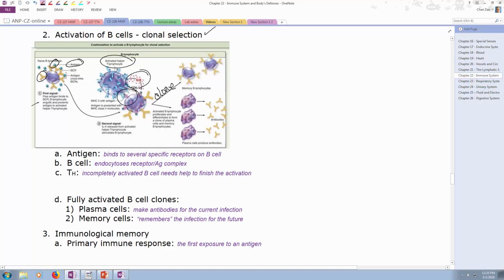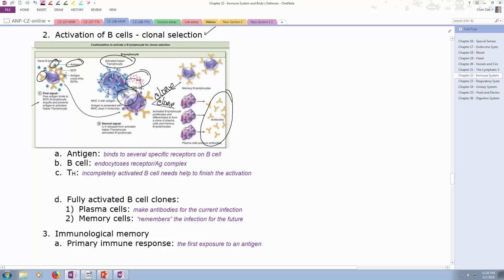Presentation, co-stimulation gives you cloning, and you clone into, well, there it says memory, but let's go ahead and also clone here into activated B cells, which are called plasma cells. If you have a plasma cell, that means that is an activated B cell, and it is producing antibodies. You also have clones of memory cells. So if you notice, the cloning always produces two subsets, a large group that's doing their job and another group that will come back and are basically in reserves and will come back and do their job another day